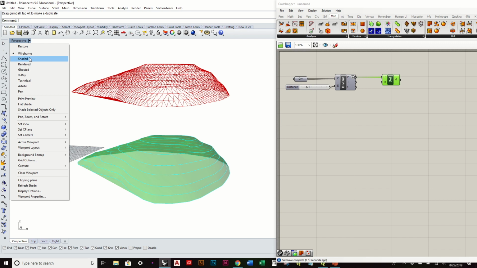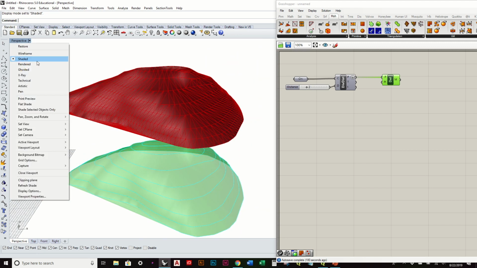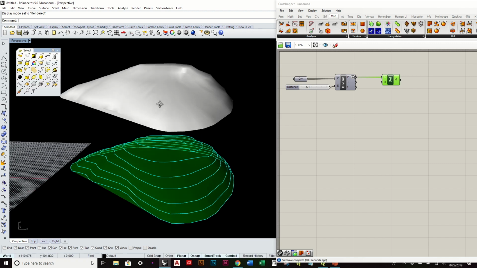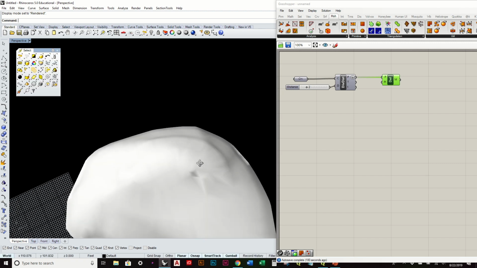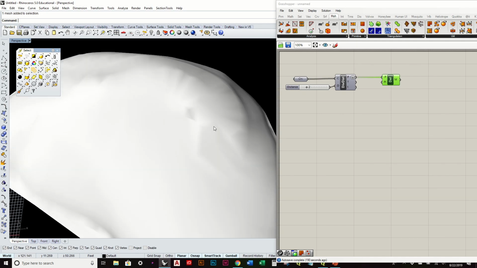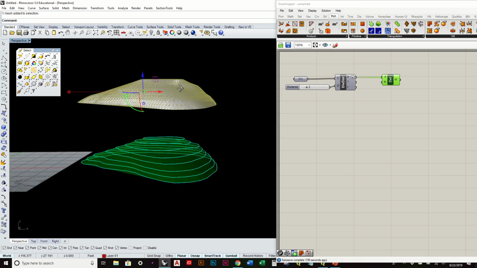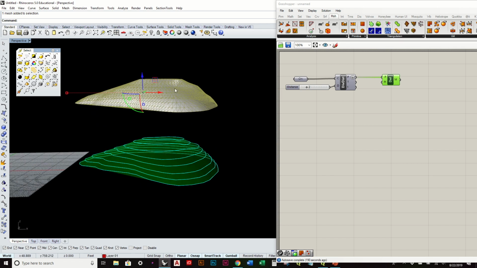Let's go to shaded to see what that looks like. Or we can even render it to see it a little bit better. So, not a bad looking landform. You can't really see that triangulation that's occurring when I select it. To correct some of those areas where it almost is flat at the top,